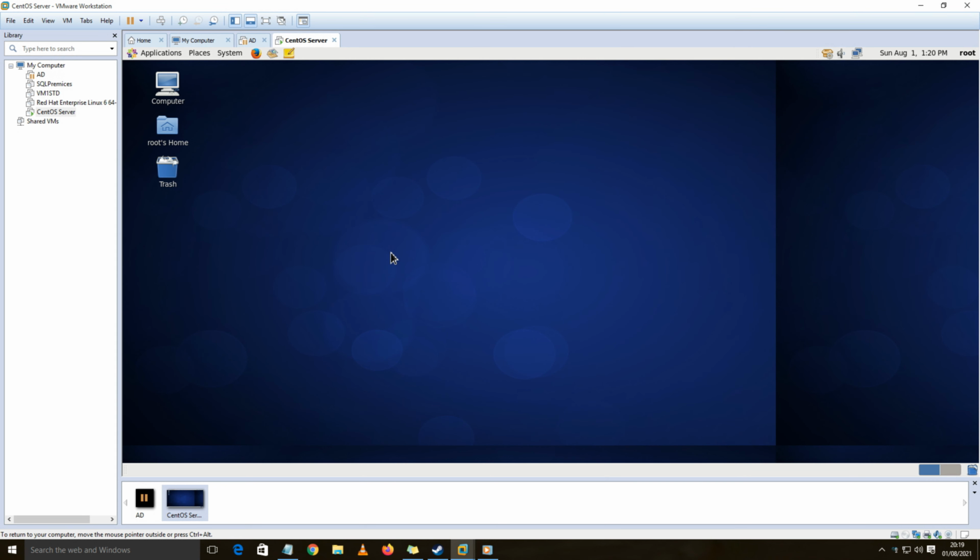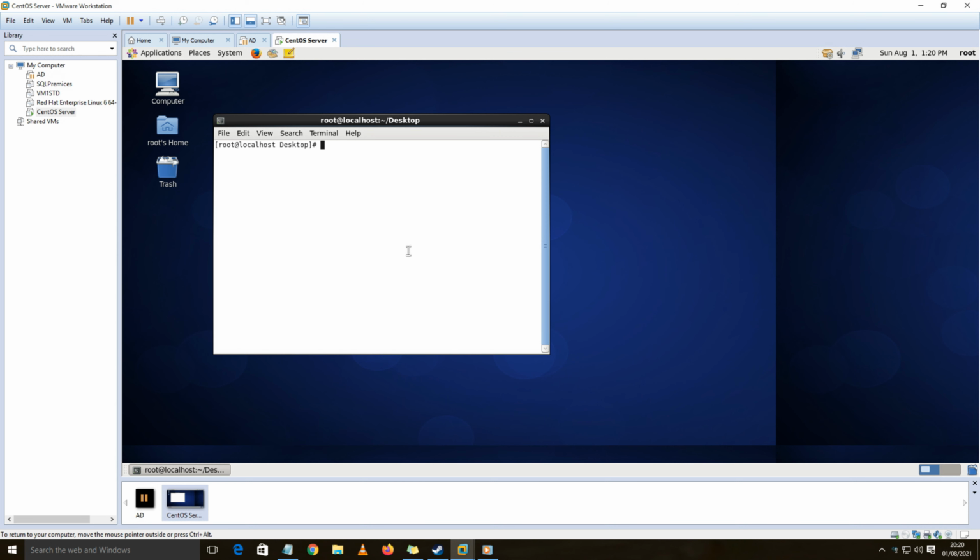Today we are going to see a new topic in Linux: how to get the history on the terminal with the help of the history command. So we are going to see an important command, that is your history command in Linux. For this I require the terminal, so I am opening the terminal.